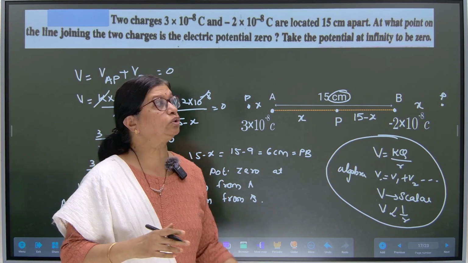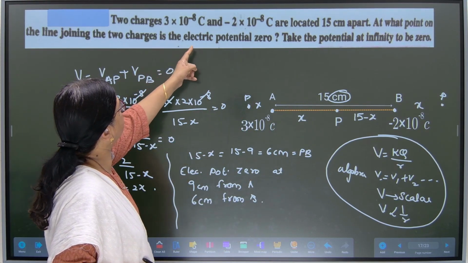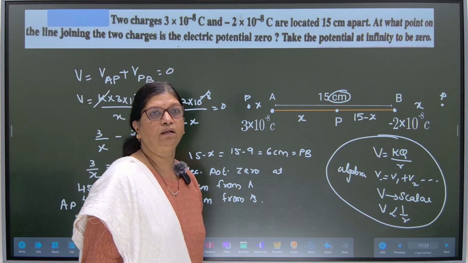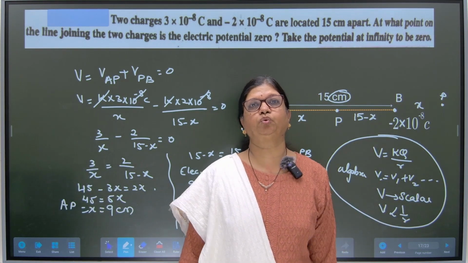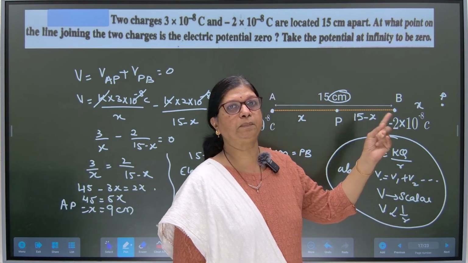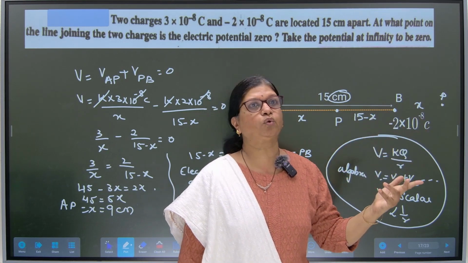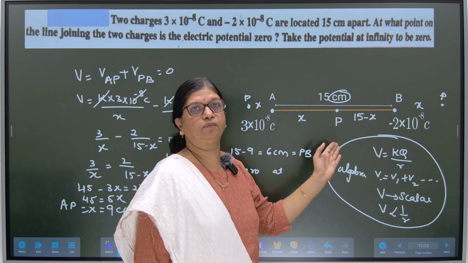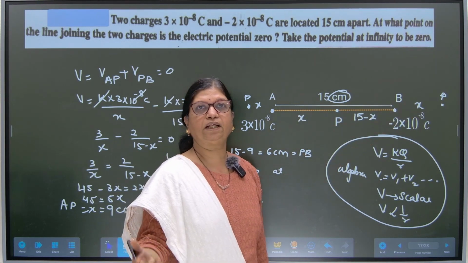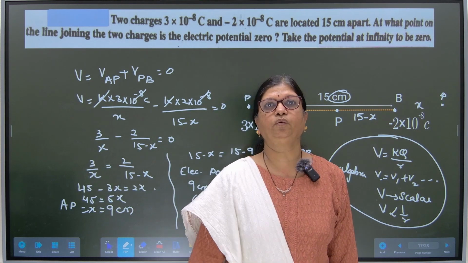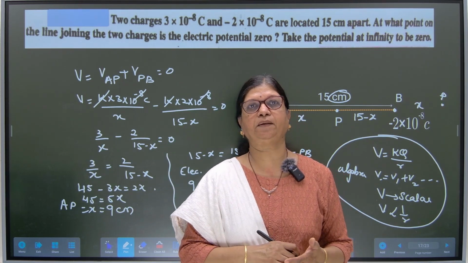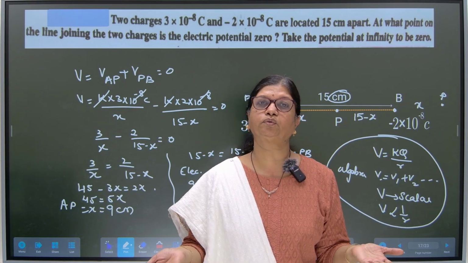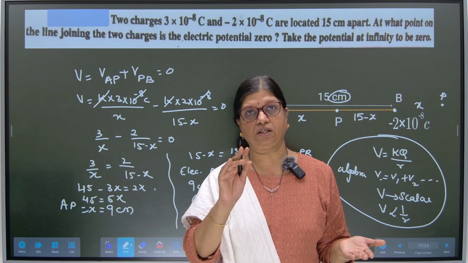They can give you combinations because here it is written that electric potential is 0 on a line joining the two charges. Now what is the line? A line is having both the extensions, both the sides. So our point P can be on this side or that side. I've just told you if this is X, then the other portion is 15. Same way you use it. If that is X, the other portion is X plus 15. That way you can find out all the three ways, and if asked in an entrance exam, you can definitely write it as a combination. Otherwise in the board also, you can use all the three combinations if asked.